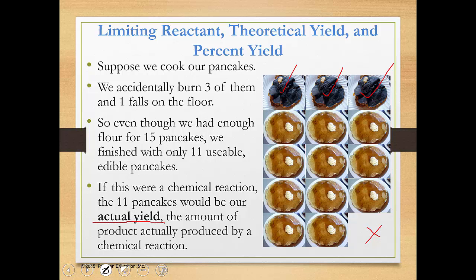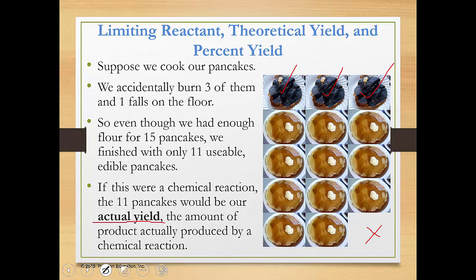All right, so you can calculate limiting reactant, which is what's going to run out first. You can calculate theoretical yield. If everything went absolutely perfect and I never messed up or lost anything, how much could I get? And then your actual yield, which usually is going to be a little bit less than your theoretical yield